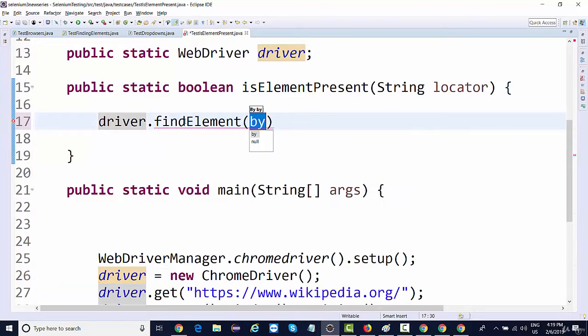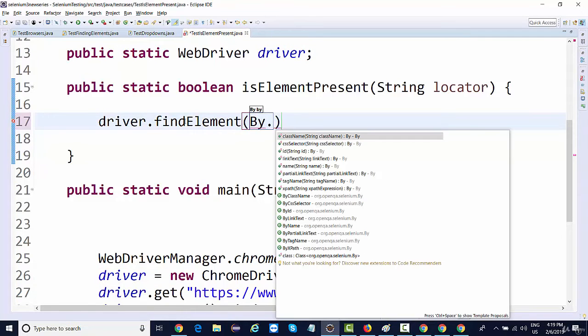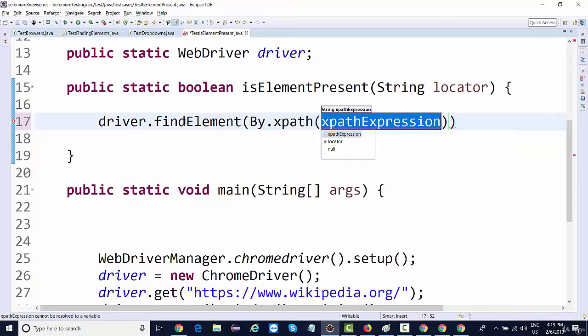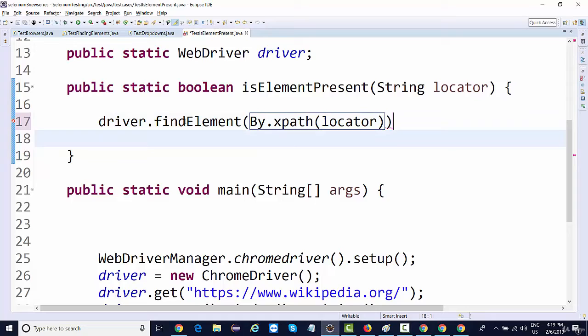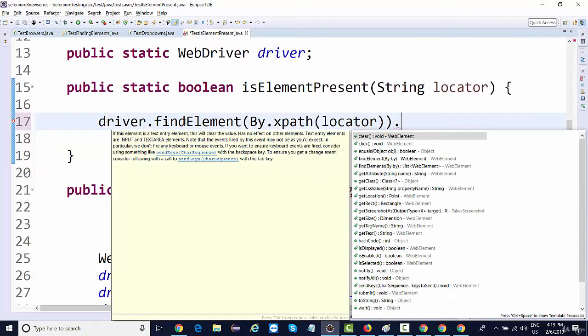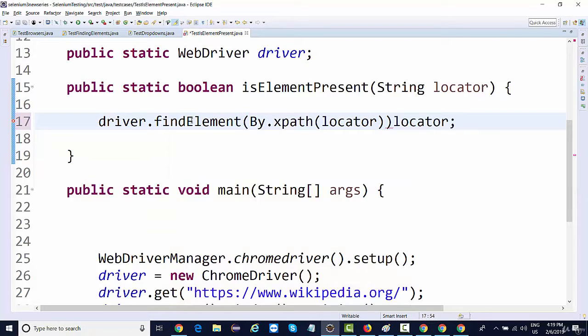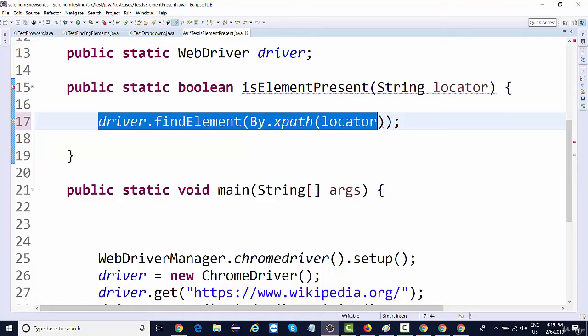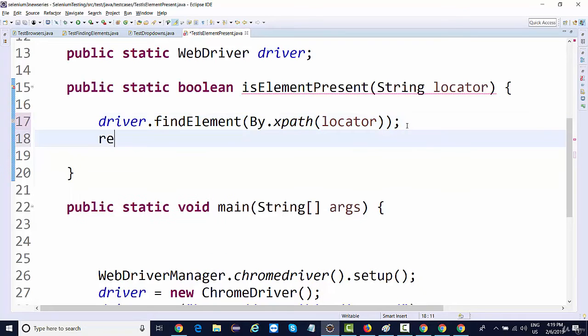So I'll say driver.find element by dot xpath, and in the xpath we're going to give the locator key from here. We are just checking the presence, so I'm just going to find it up till here. If this statement is successfully executed, it means that the element is found, and we're going to return true.